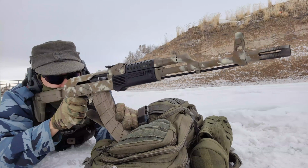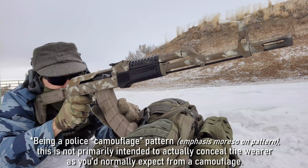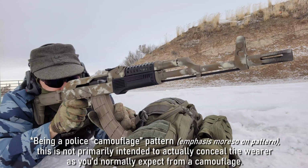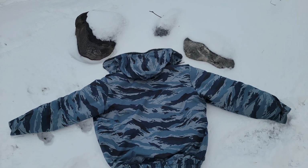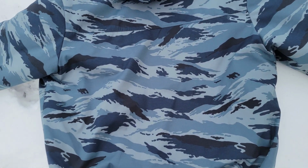Now, saying that, you might think that this does pretty well in snow. I've tested this in a lot of different snowy environments, and you can see it is snowing right now. This is way too much of a dark blue compared to snow. Even when it's more in the evening, this always stands out, right? When it gets darker, this just shows up as an almost black blob, whereas the snow still looks pretty white,